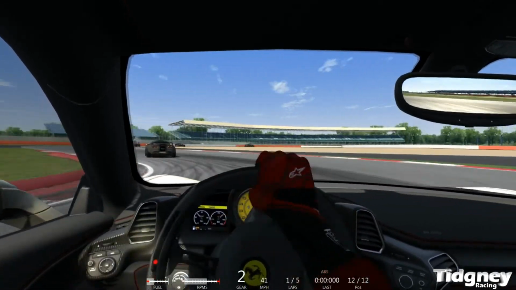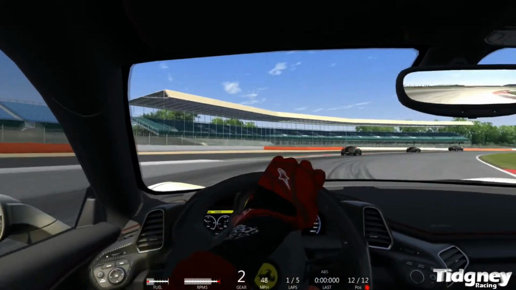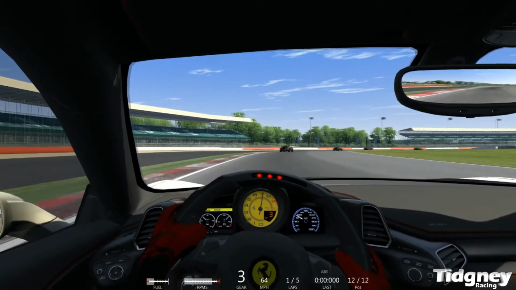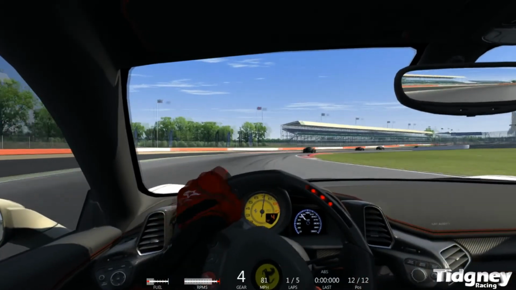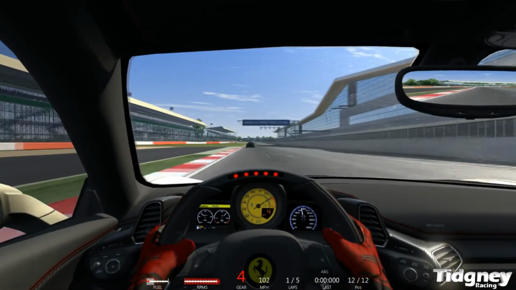And I'm just trying to catch these Lotuses. So obviously there, I've already caught up to him now. It's all about, okay, let's race with them, let's see what they can do, and to also see what the car can do as well, because to me there's still a bit too much